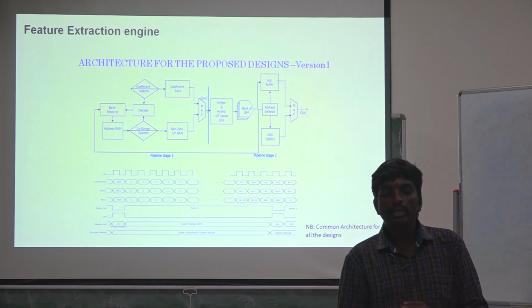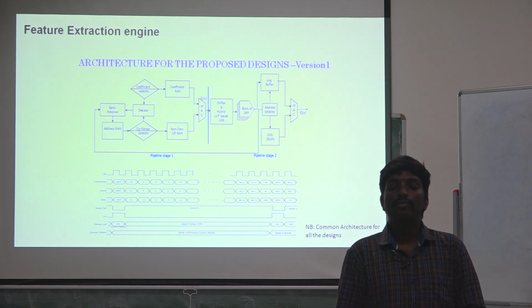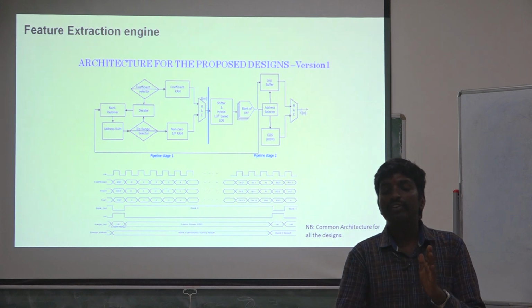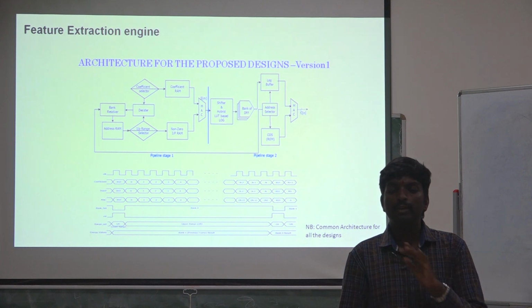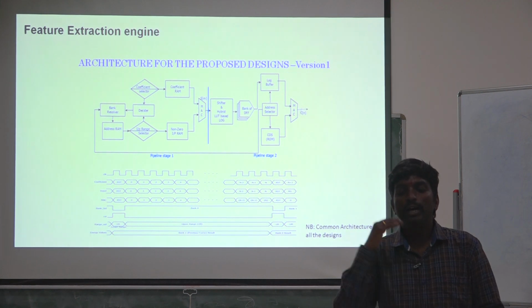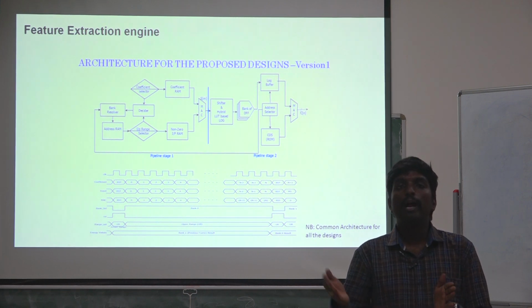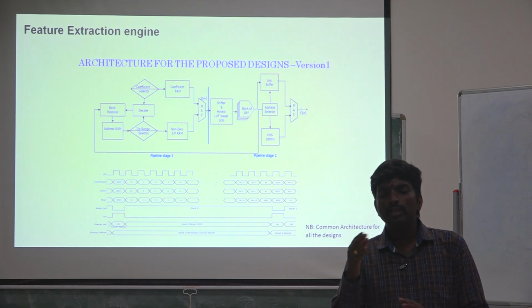Whenever it moves to the next bank, the MAC gives the result to the log computation. It means the first mel bank coefficient is given for the log computation whenever the address RAM gets incremented or the decider switches from one state to the other. After the log computation, it is given to a bank of D flip-flops to maintain synchronization or to give some idle time for pipeline stage 1. Then it is given to the log buffer.